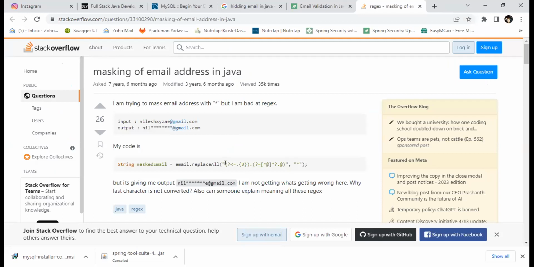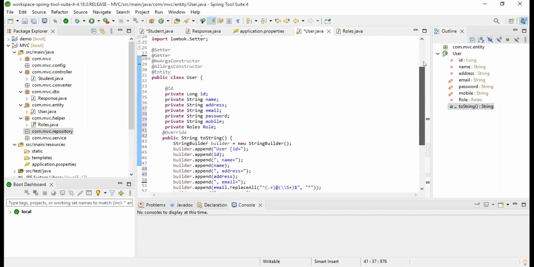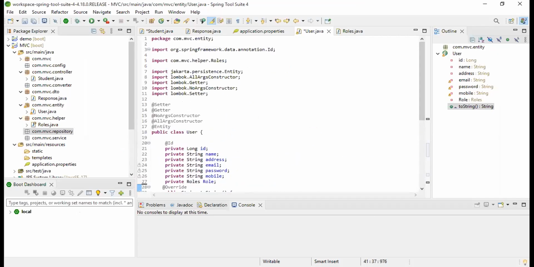Replaceall: write the regex equation, and for what you have to replace, star or hash. So it will make this email look like this. Same for the phone number also. You will get the regex equation. This is all your regex. So you can use this also. Yeah, okay, sir. Okay. Now, guys, I have to